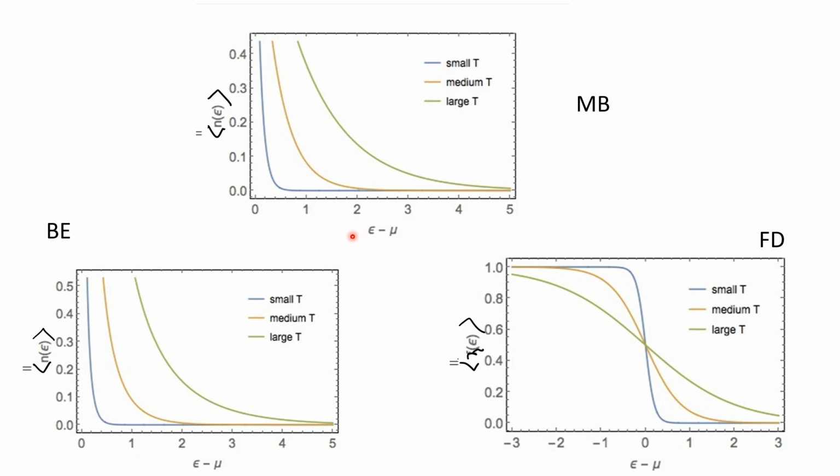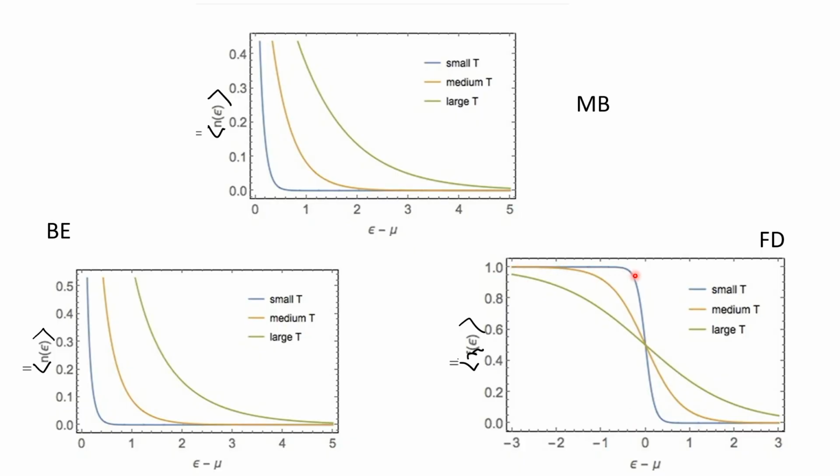So, there has to be a beta factor that will make you understand this better, but in any case we will show that at very large values of epsilon minus mu, all these distributions give rise to the same results, which means that as you go to larger and larger temperature or to lower and lower density of particles, the quantum gases start behaving like the classical gases. They become distinguishable, the indistinguishability fades out, and they start following the Maxwell-Boltzmann statistics.